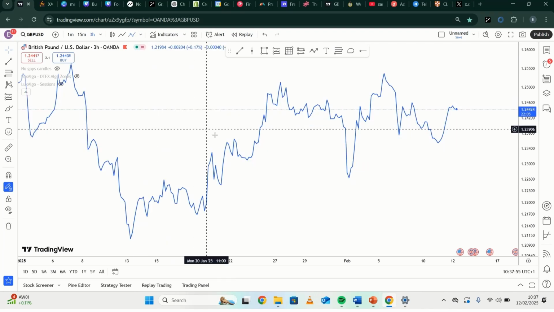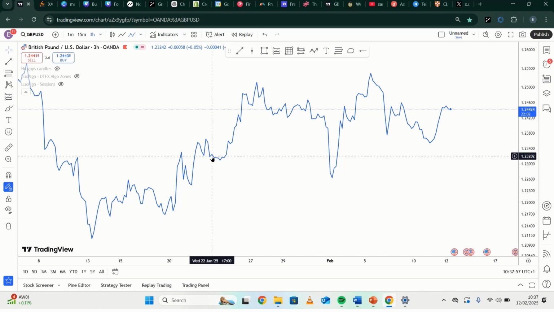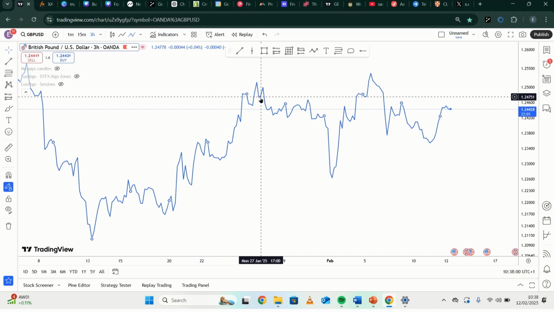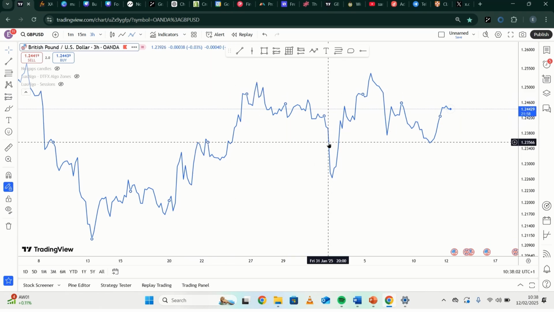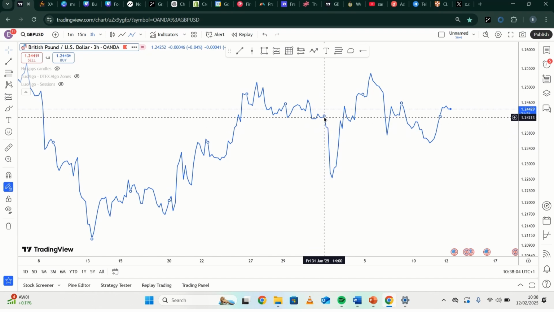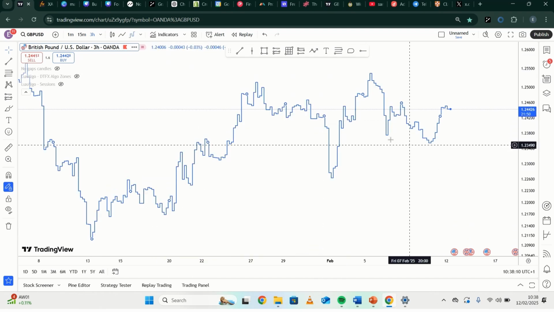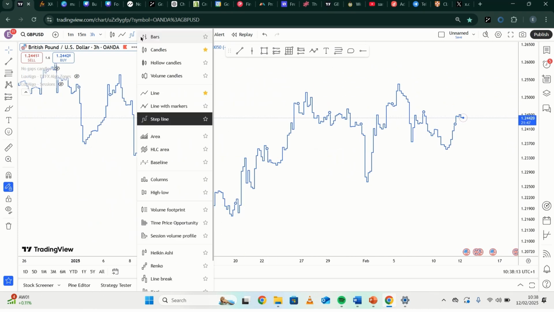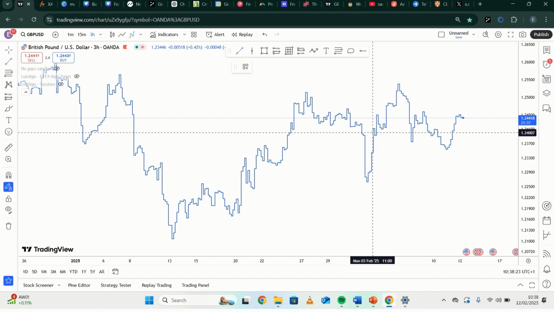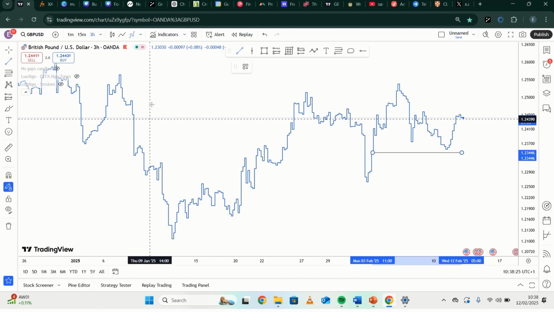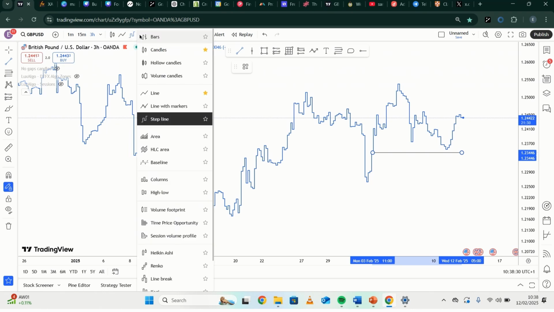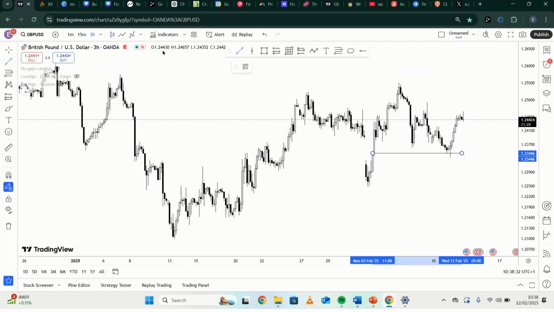Then line with markers, which I don't actually understand, it's just marking. I think it is showing you a point, but it's still the same line chart. I don't even use most of these. This one is, what's the name? Step line. In the step line, this is how it looks. All of these charts have their advantages and disadvantages actually, but I prefer